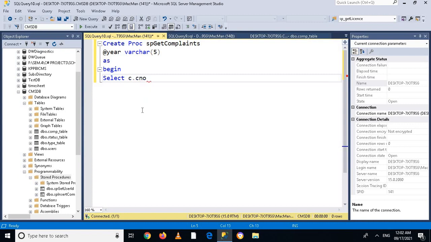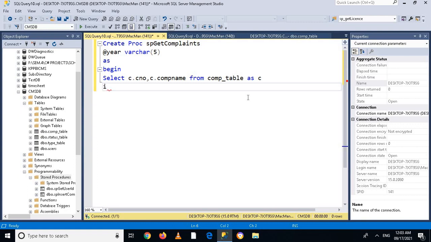So now we will use select c.c_number, comma c.complaint name, from complaint table, where we're going to give this table the name C. So as you can see, I have given this the name of C. So this stops showing error,